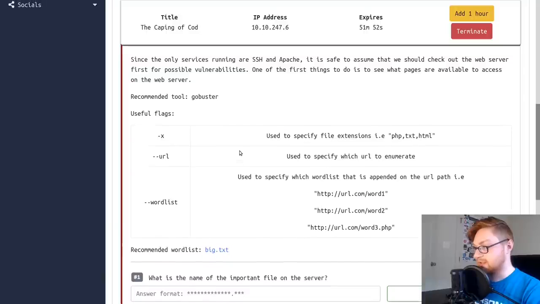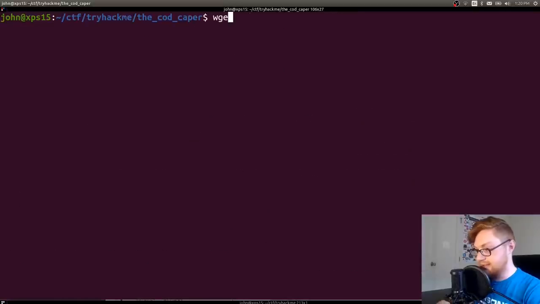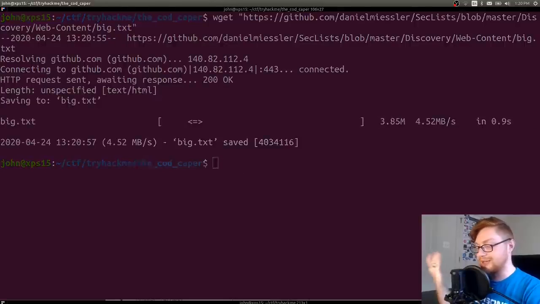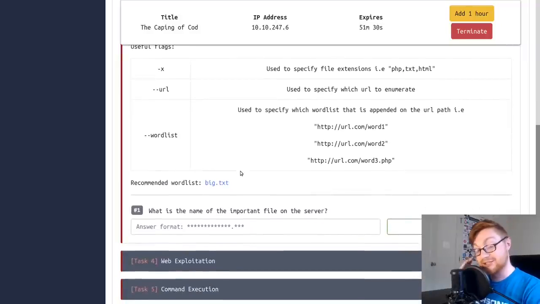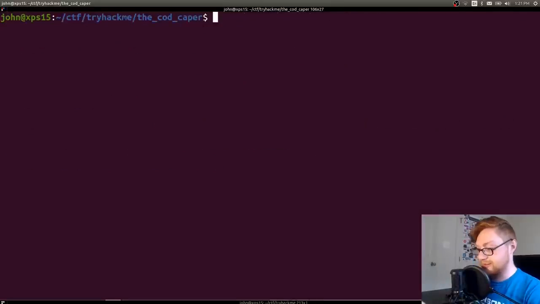So because we know that this is running Apache, or it has a web service on here, we can go ahead and brute force directories or some files or content that might be available on that website. They actually give us a link here, so let's go ahead and download that for the word list that we will use to hammer the website to see if there's any interesting text files that might be there, or PHP files or directories or anything that we'd like to look for. GoBuster is an awesome tool to do that,